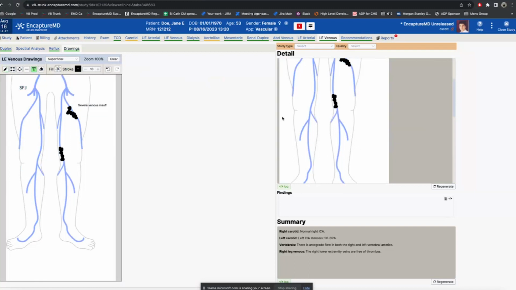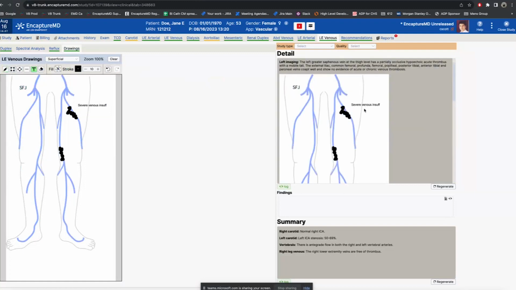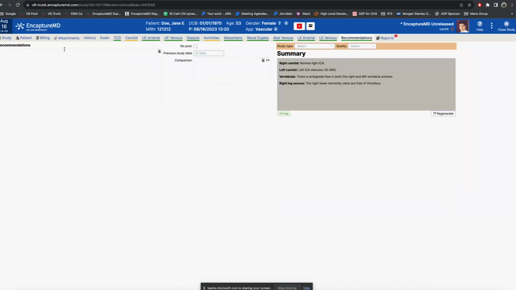And then you'll be able to see then in the report, it'll say whatever I typed here. So the drawings are very flexible. We have a good set that we provide with the system. If you have your own set for some reason that you want to use, then by all means give us that set. We can plug those in here instead. And then finally, there's a recommendations page. I can send off recommendations. Again, I have a template. Any comparisons with previous, I can do that as well. I didn't show you that for echo, but it even knows